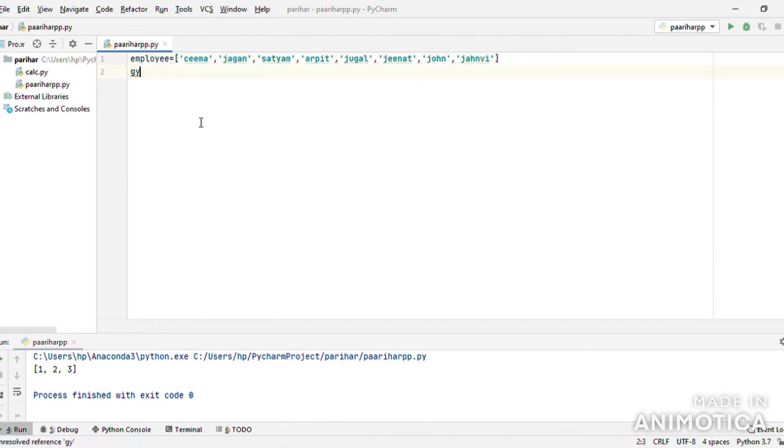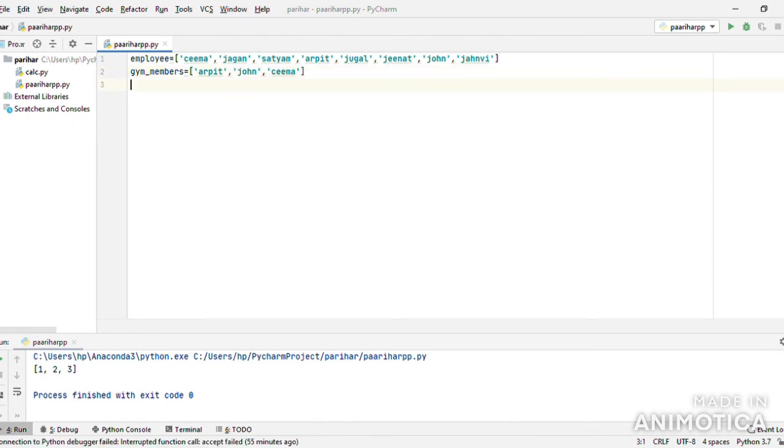Then second list, gym members: Arpit, John, Seema.